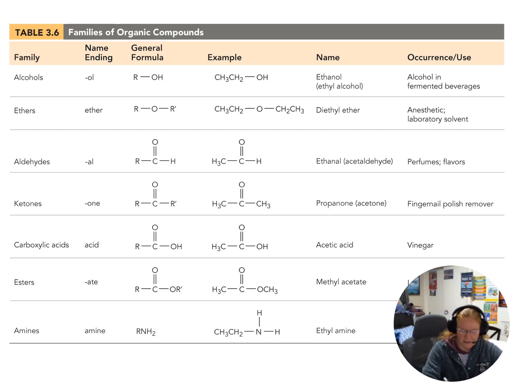And so you can see there's the general formulas with the R's, and then we give you some examples on there. And so the ones that I went over here were the alcohols, the ethers, the carboxylic acids, and then of course our hydrocarbons. But there's also aldehydes and ketones and esters and amines. For this class, I want you to start recognizing the hydrocarbons, so the alkanes, the alkenes, and the alkynes. I want you to start recognizing the alcohols, the ethers, and the carboxylic acids, okay? I'm showing you the rest of these so that you know that there's more functional groups coming down the line, but for the purposes of this